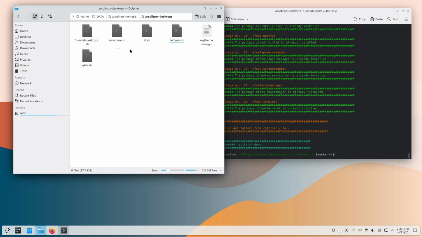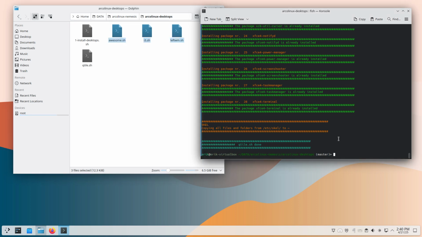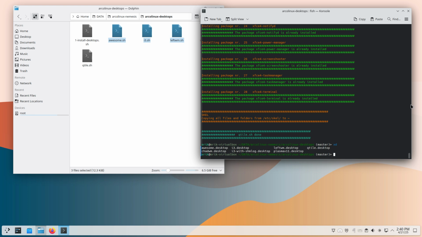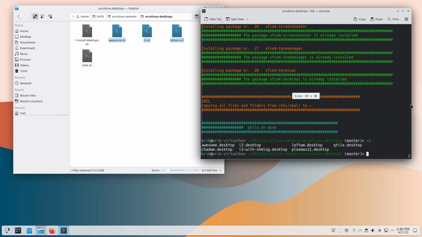It's never going to go in the scripts. It's a workflow for how you can get to do things like XD, for example. Let's see, XD is what we now have. We have Awesome, we have i3, we have LeftWM, we have Qtile, we have ChadWM, with Plasma. And when we log out